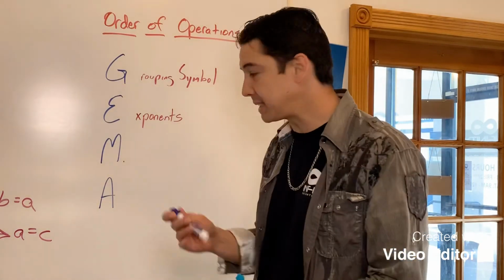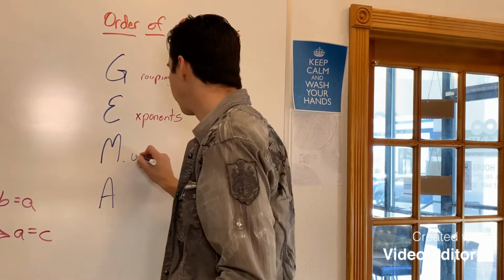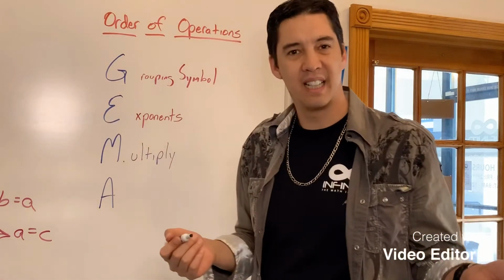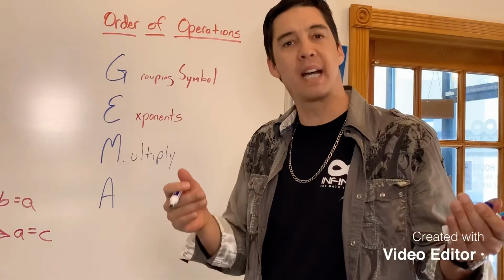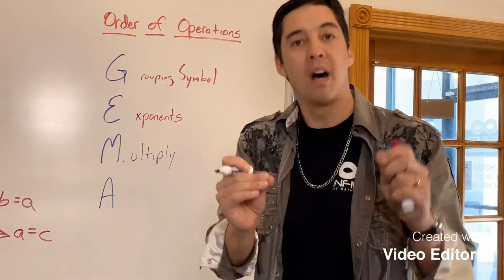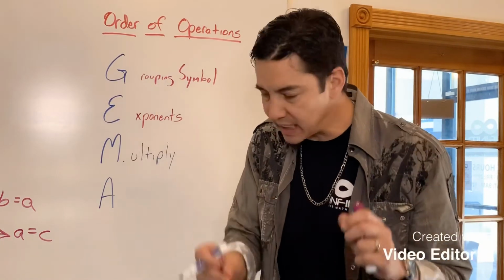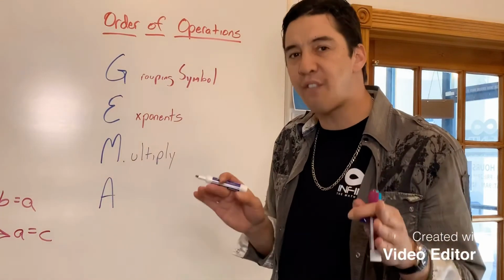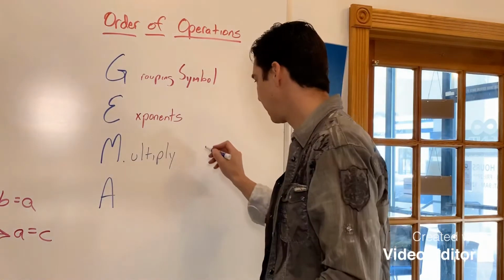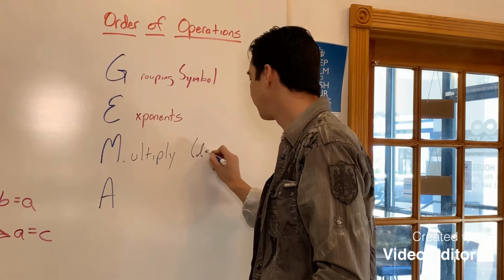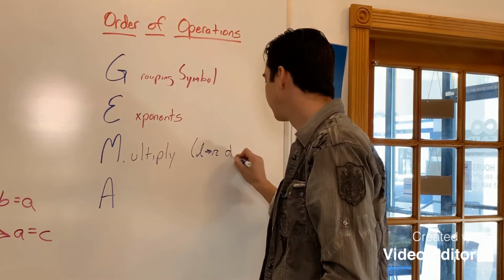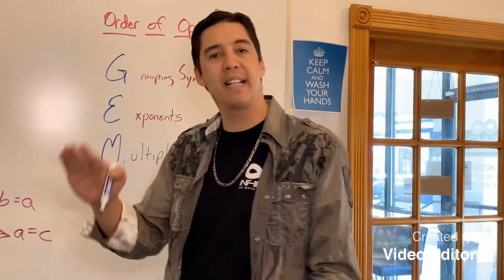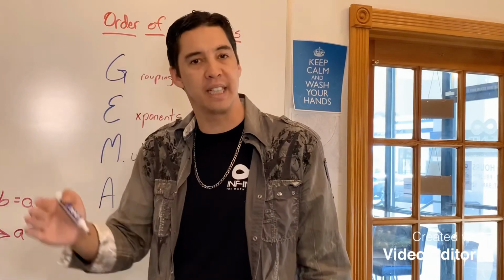Then, the M is obviously for multiply. Now, what is division? It's multiplying by the reciprocal. It is a form of multiplication, which is why we don't need a D. You multiply and divide simultaneously from left to right. All right, you go from left to right and you do your multiplication and your division in the order that